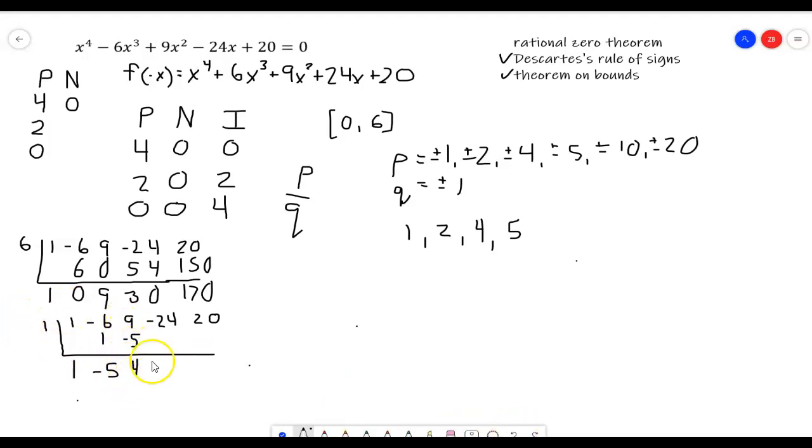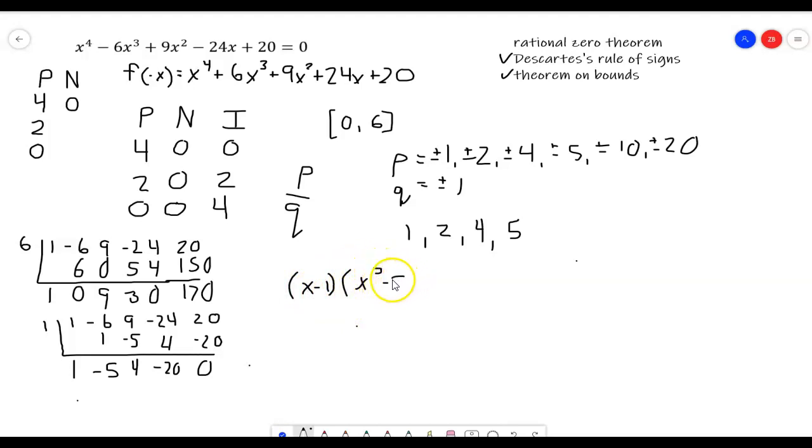Okay, and then 1 times 4 is 4. Add those together, you get a negative 20. Oh, look at that. And then it's negative 20. Add those together, and you get a 0. So 1 is in fact a root. So now, if we pull out the 1, we're going to get x minus 1 as a root, or as a factor, and then we're going to get x cubed